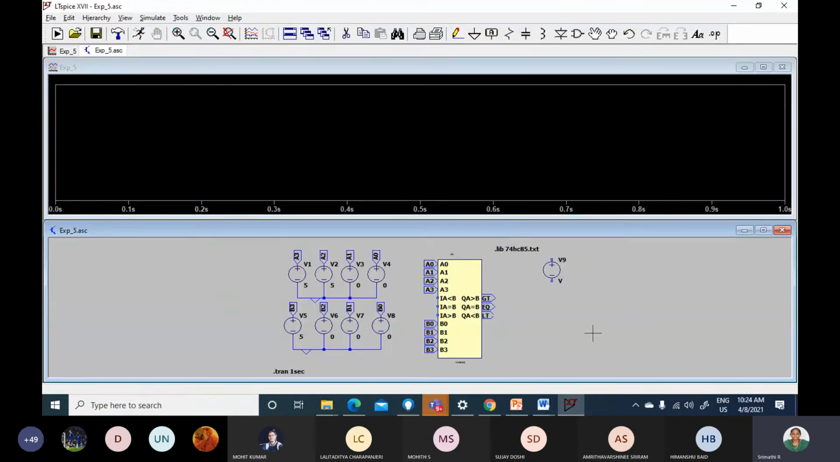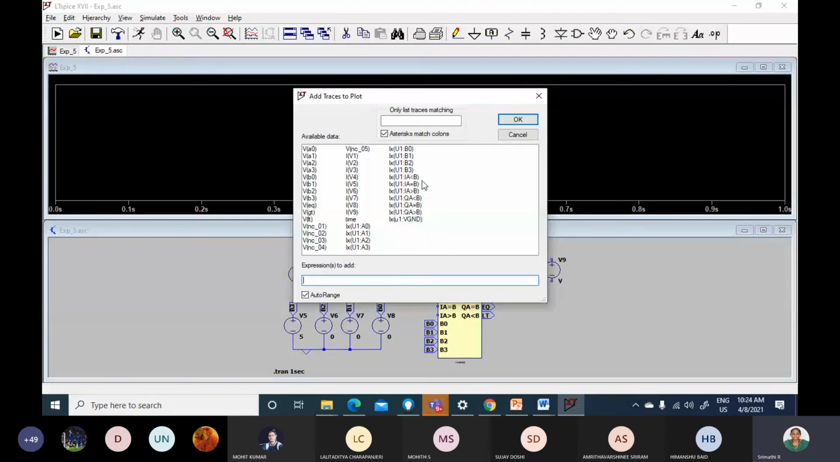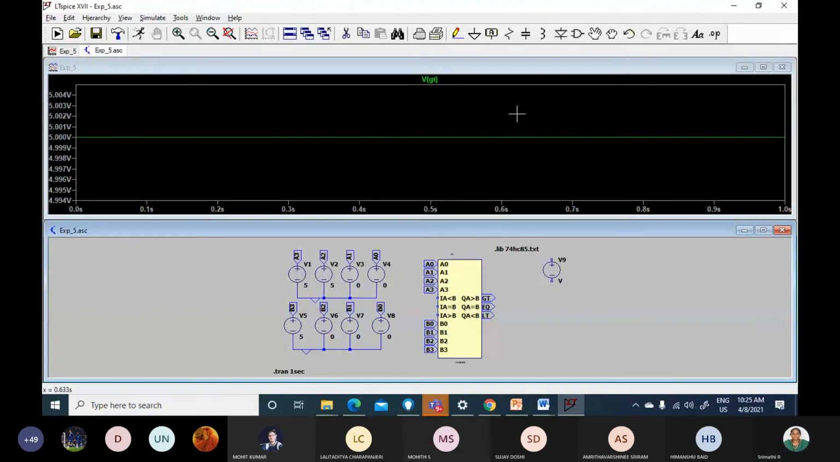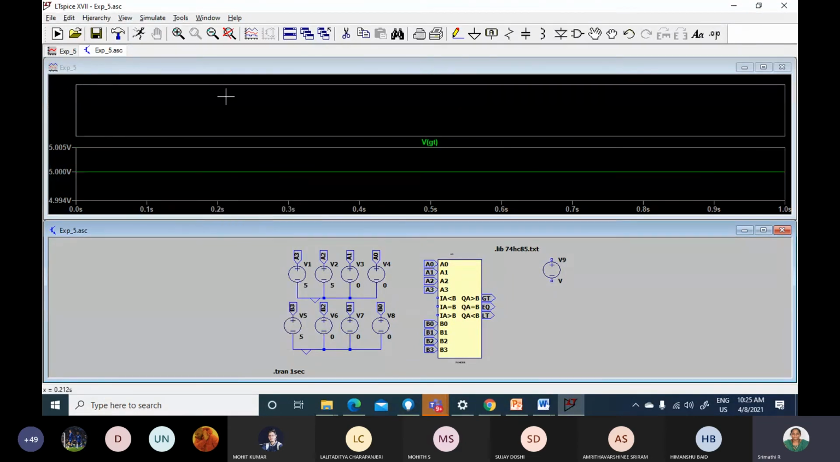View, see here, this is obviously A greater than B. So I will see only this GT alone. Add traces, GT. Yeah, see this GT, you're getting 5. Logic 5 means 1. So if I'm adding another plot plane,